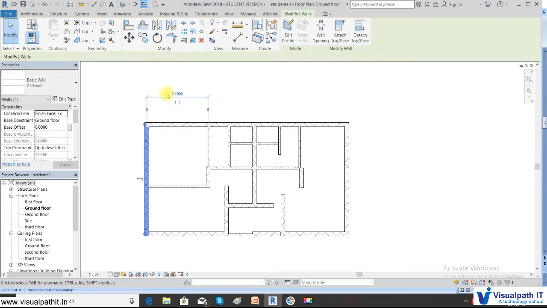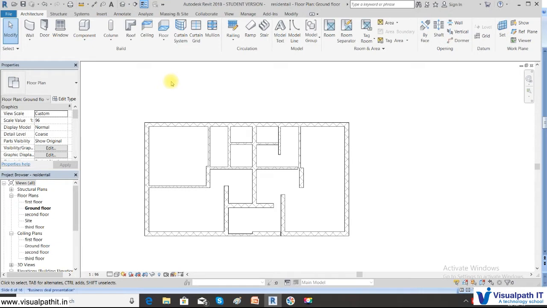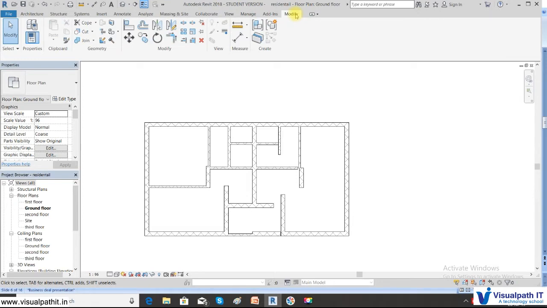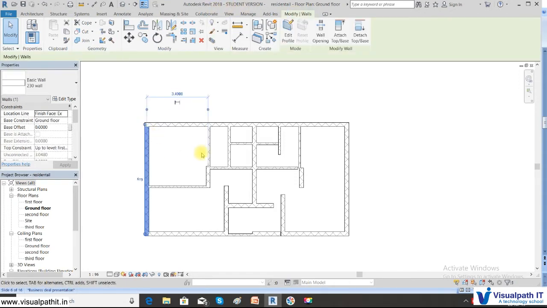The next method would be using the arrow keys. I am pressing the arrow keys. If you want to move right or left, press the right or left arrow key, and it will move by some measurement. The third method will be the move command. Suppose, without selecting the element, you want to use the modify commands. Click the Modify tab. Here you will be able to see the commands, but you will not be able to do the action. Whenever you select the object, you can do it.